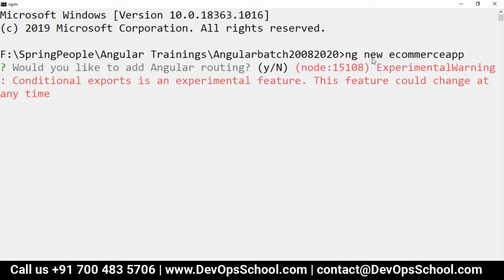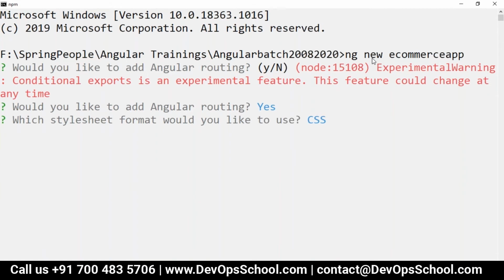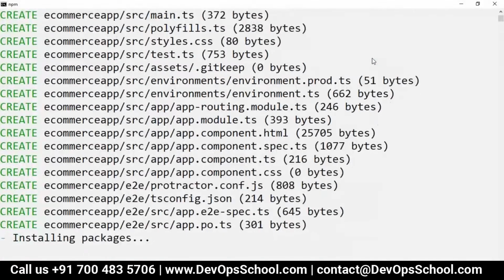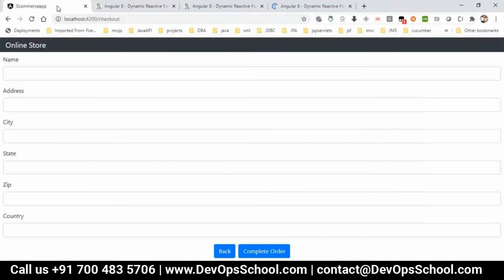Yes, I want routing, so we can add routing, and we want the style as CSS, so I've just taken CSS. Let it generate the code. Here we just discussed the simple forms module, right? Then when I come back to this particular project,